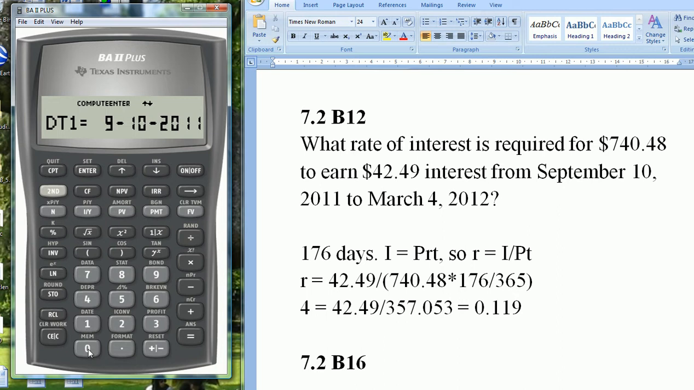So we put in 09.10. And remember, you have to put in the zeros. Never mind that the screen of the calculator doesn't show it, doesn't matter. And then an 11, no dot there. Enter. Now go down. It wants the second date, so we've got March the 4th, so that's going to be